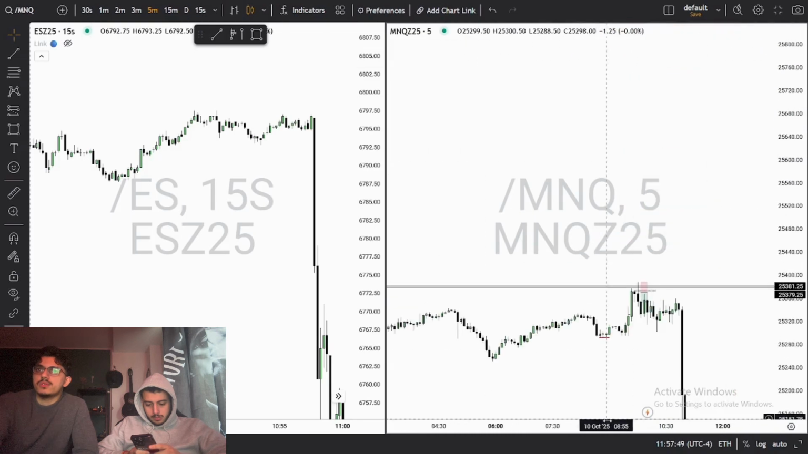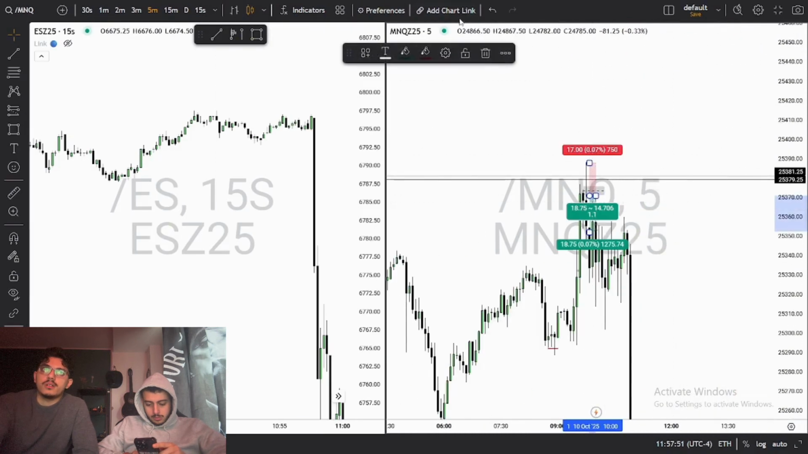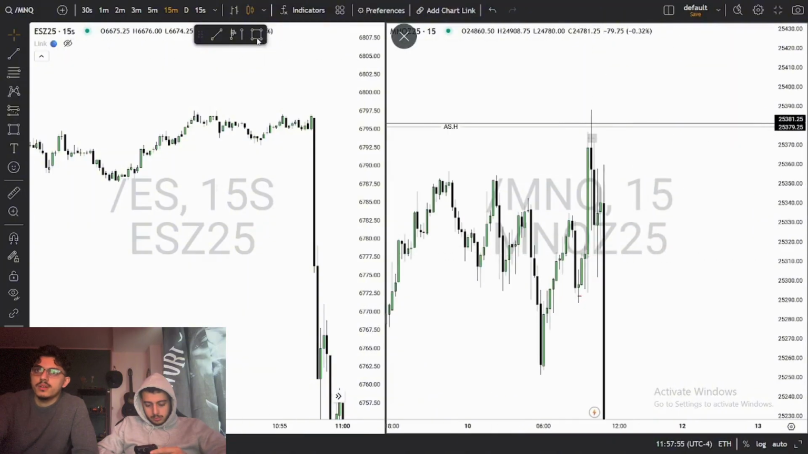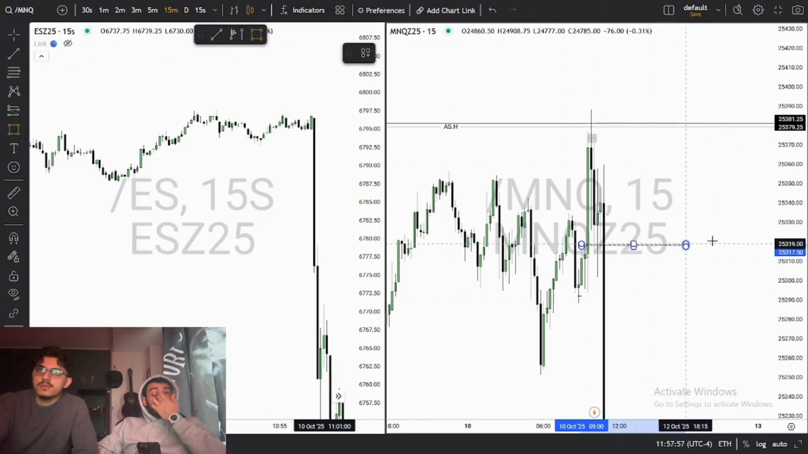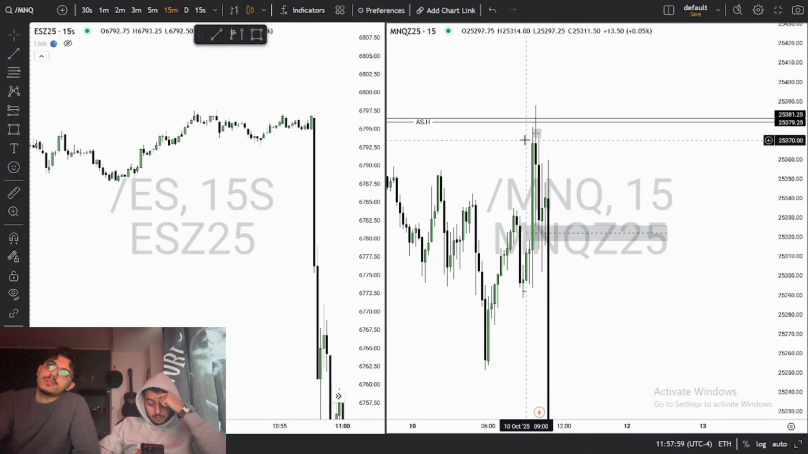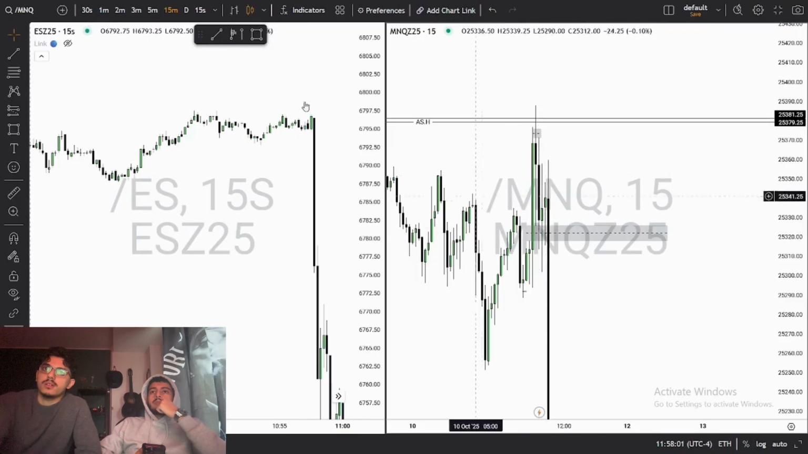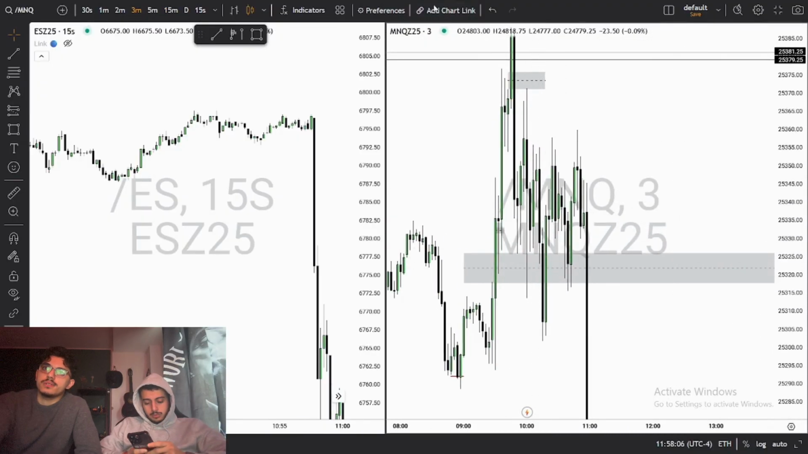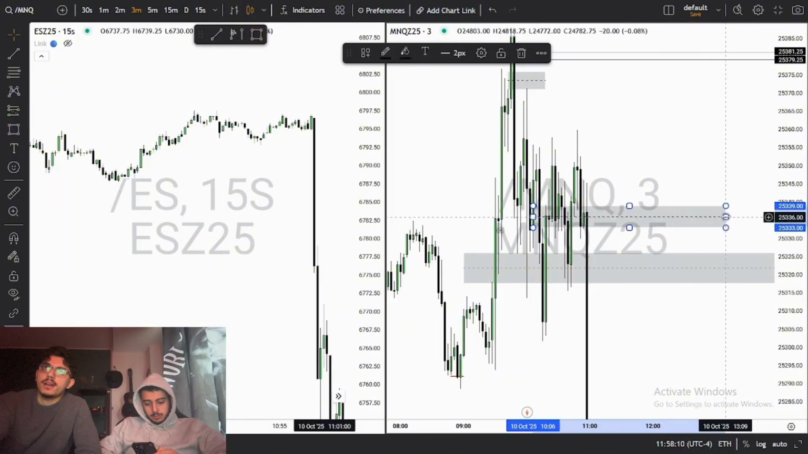When I missed this short here, I was waiting for a long coming from this 15-minute gap right here. So I missed this first trade. I waited for this to give me a confirmation. It gave me a confirmation right here after it inversed my fair value gap right here in the 3-minute. I entered